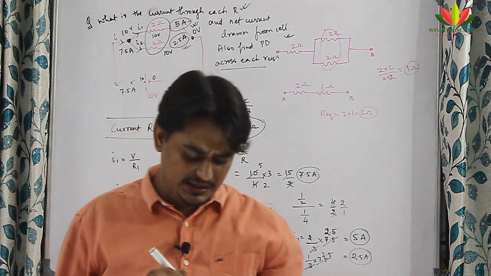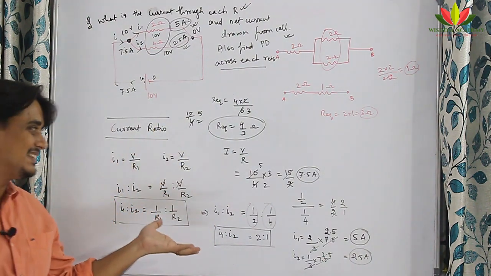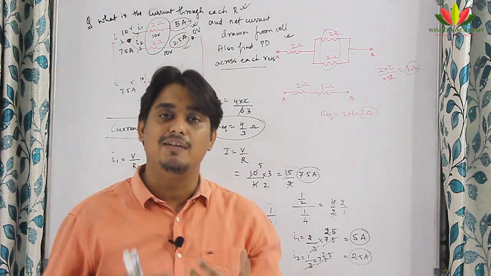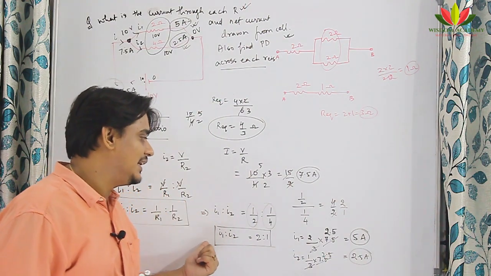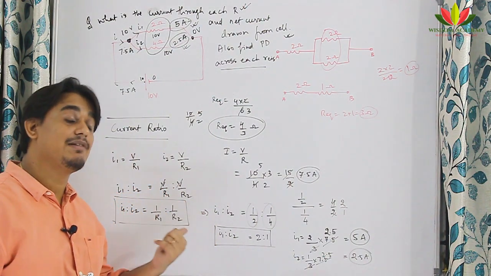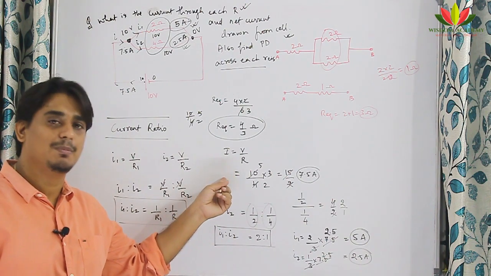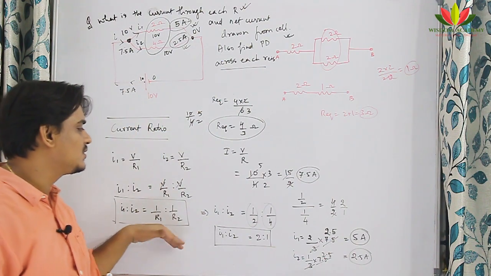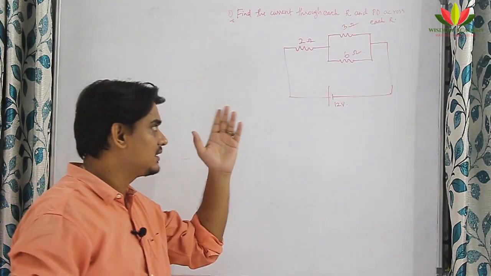Some students may be wondering, sir, why did you teach this method? It's very confusing and very tedious. This method itself is easy. Yeah, it is easy, but when you grow and start solving many questions, then you will realize the worth of this. It looks tough, but actually it will save a lot of time for you, especially if you are preparing for competitive examinations. This question looks easy, but it is a time consuming method. So my request is, in this kind of parallel circuit, you can use the current ratio method instead of going for this old conventional method. Let us see another question.